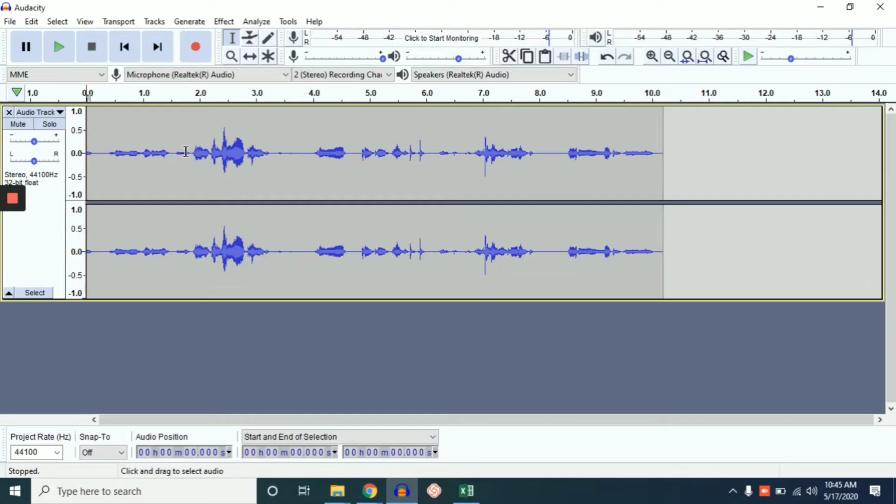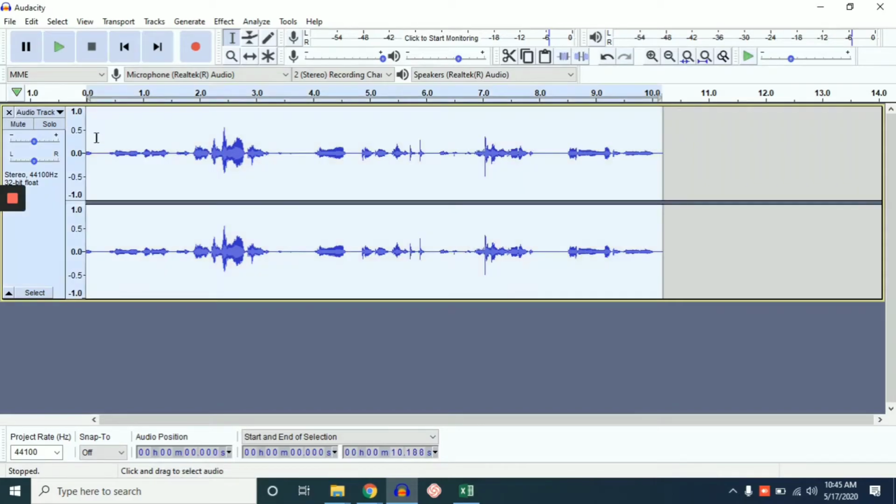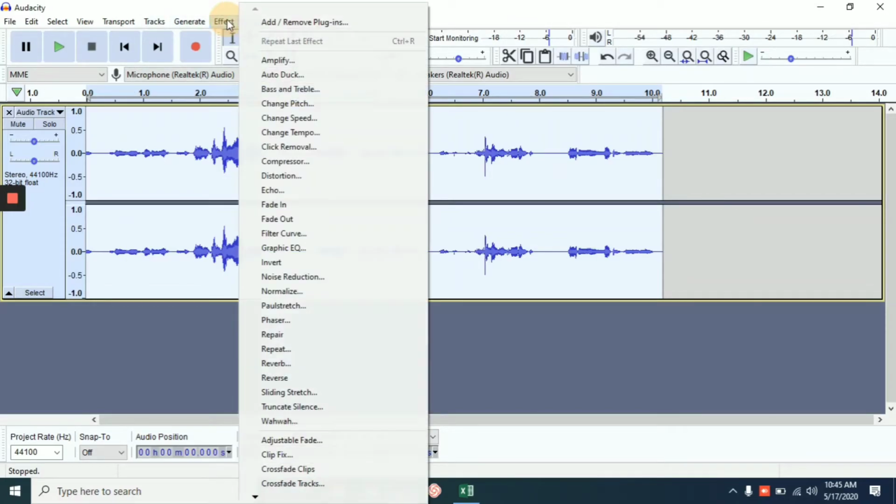So you can see here the sound is a little bit low. If I want to increase my sound from this, then we will simply select all with Control A, and it will select all the parts of the sound,